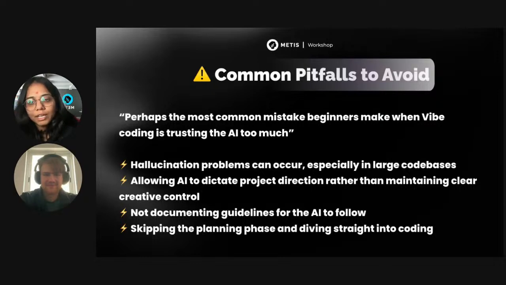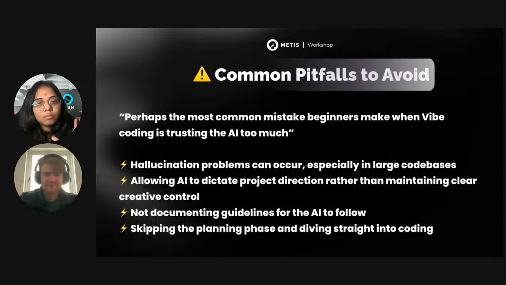If you don't guide it, it will just copy someone else's style from the internet, and probably not a good one. So make sure you are not giving all the control of your project direction to the AI, but maintaining good control of your project.